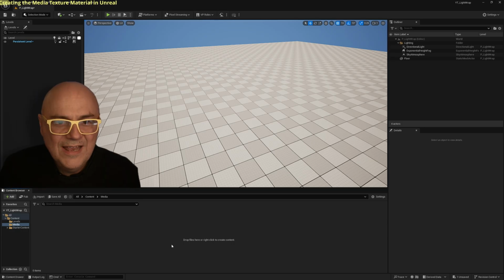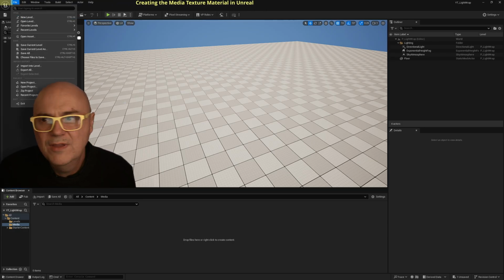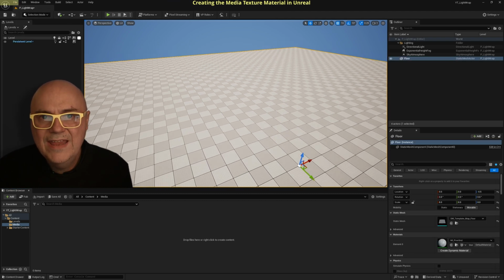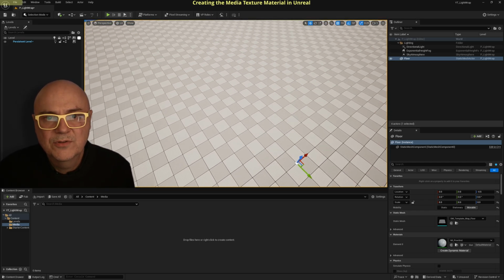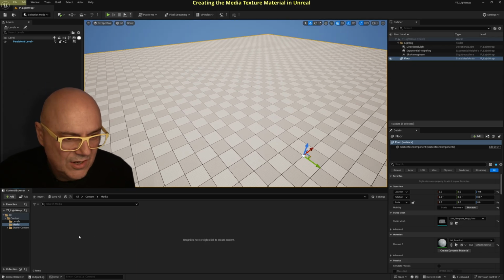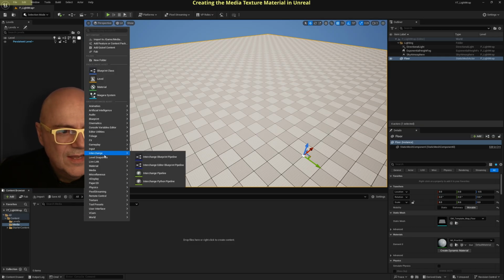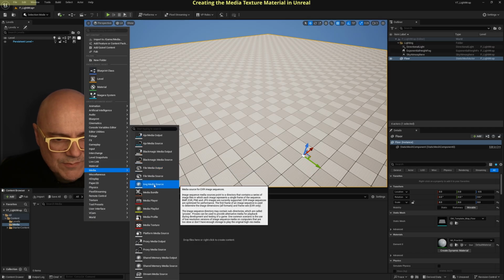So we're in Unreal Engine, and I've got a default level. So it was just File, New Level, and I deleted some of the bits I didn't need. And I've made a directory called Media, and I'm going to bring in our media plate. And so we'll just do that sort of stuff. And again, this is stuff I did in my last video, but it's always fun to get a refresher, isn't it? So right mouse button, image media source, go into the media, and then image media source,